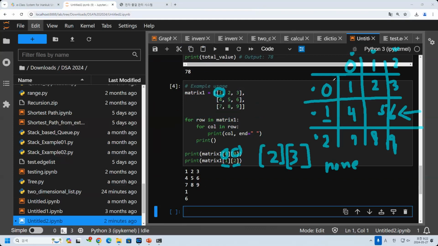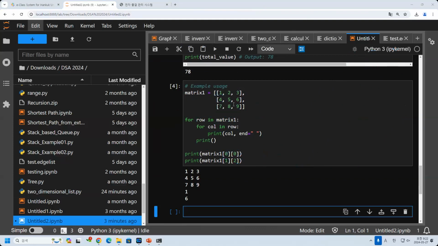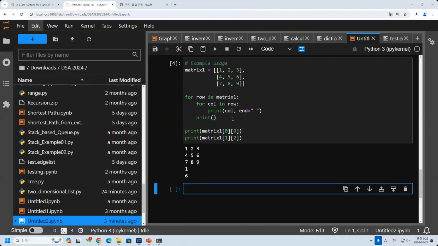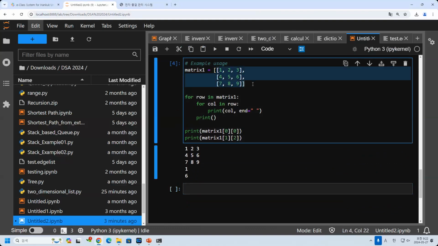So our list will be only from 0, 0 until 2, 2. Okay, so this is the matrix using list. Yeah, we are going to discuss more about this kind of matrix using the problem in the shortest